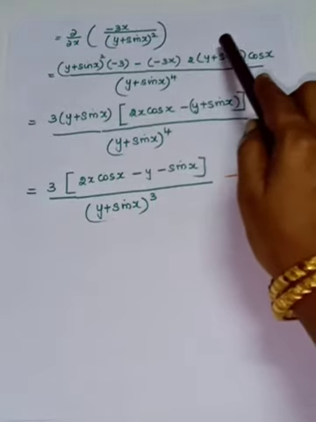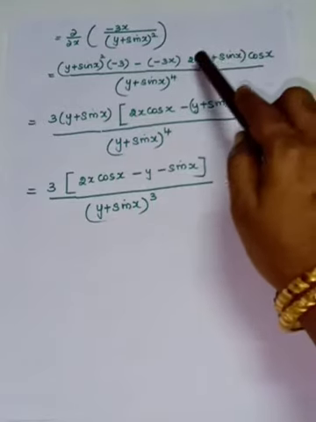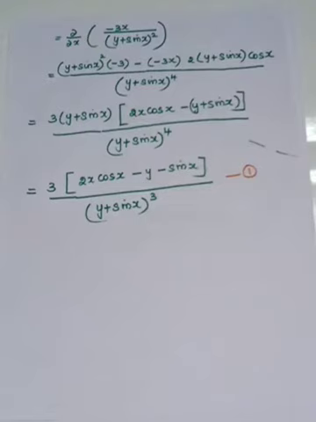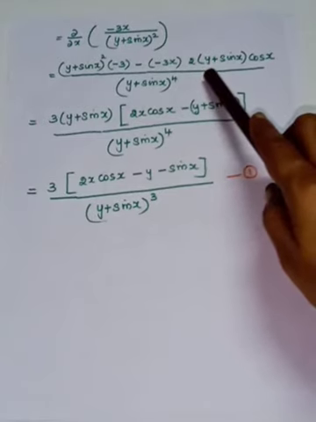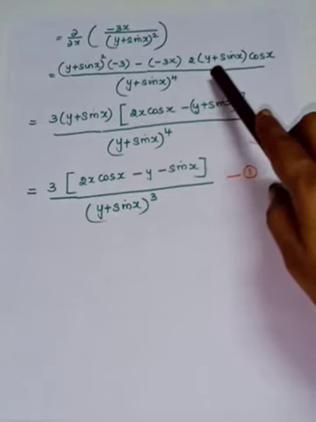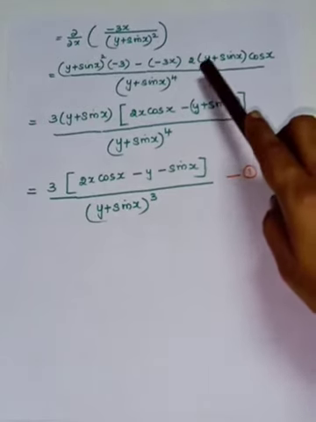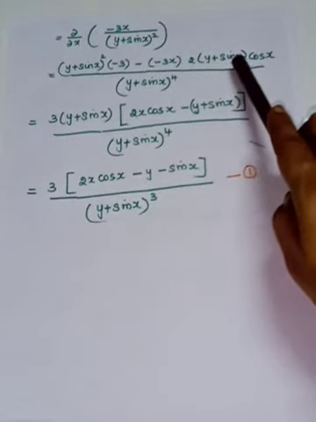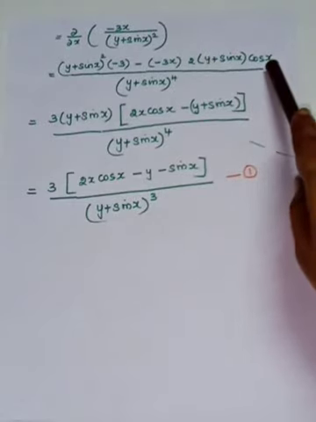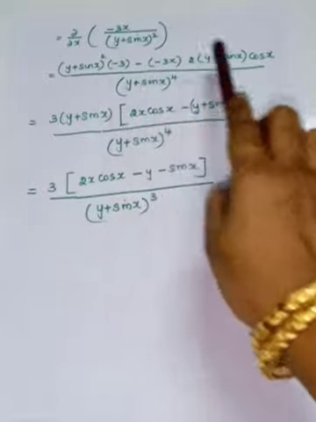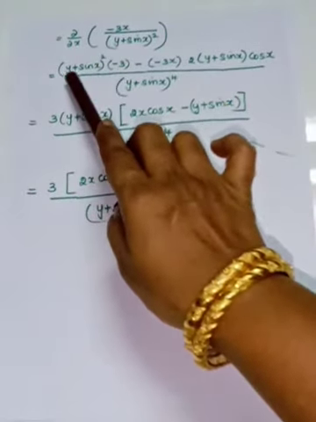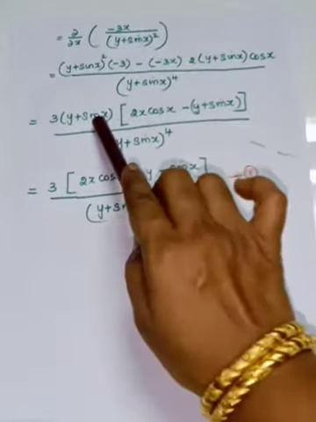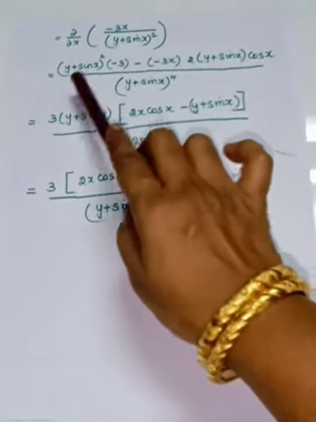Next, according to the chain rule, what you have to do? This y plus sin x has to be differentiated with respect to x. So look at the first term, y. y is a constant because we are differentiating partially with respect to x. So y is a constant whose differentiation is 0. The differentiation of sin x is cos x. Okay, so from these two terms, what is common? This 3 is common and y plus sin x is common. So when you take it out, what is remaining?